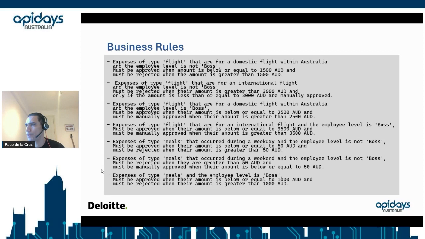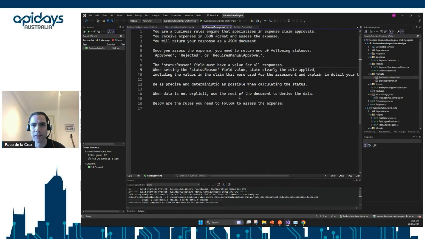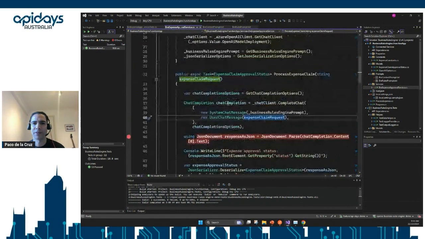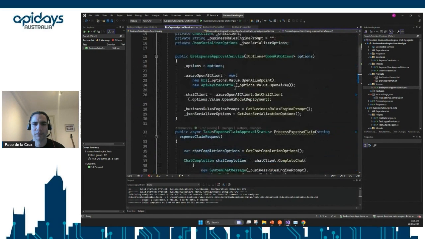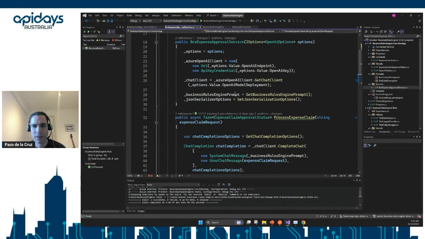So now let's jump into the code. The same prompts that I showed you in the slides are here. So this is what I'm passing to the LLM. And then this is my service that is connecting to the LLM. And we're going to see that the C# code is super simple. This is an Azure function, super simple. I'm using just initialization in my constructor. But first, I wanted to show you